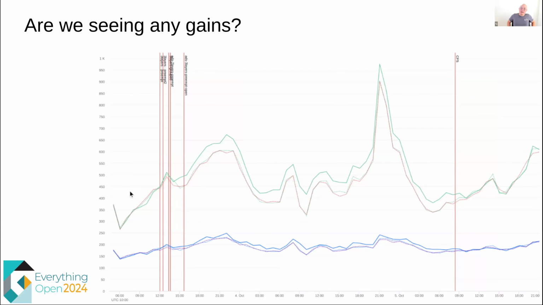So with this, are we seeing any gains? This is the previous graph, just zoomed into a shorter timeline, and the green line seems higher. We are still verifying the results because we have multi-region data centers, and depending on the region, the workload is a little bit different. But at least on this metric, we seem to be seeing 4, maybe close to 5% gain,